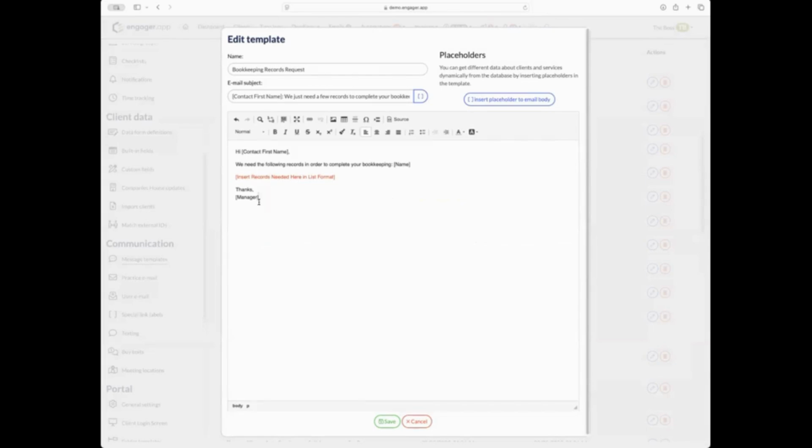Now with automated emails, if you use the current user placeholder, it will not work because the system's generating the email behind the scenes. So technically there's no one logged in, which means technically there's no current user creating that email. It's the system. So if you're wanting to put a person's name in here, you need to either put that in the template or use a fixed point in the system. So for example, manager, or in my firm, a lot of our automated emails just get signed off, the On Point